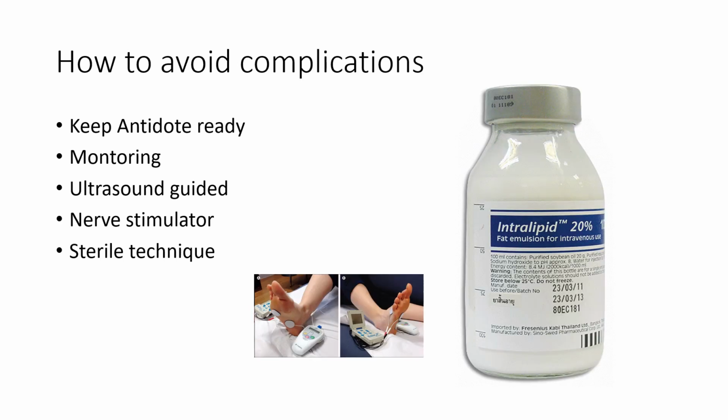The first step in avoiding local anesthetic toxicity is correct calculation of the dose of local anesthetic. If we are using lidocaine, it should be lidocaine 1% without adrenaline, 3 to 4 milligram per kg. If you are using bupivacaine, it's 0.25%, 2 milligram per kg without adrenaline. And then we should keep the antidote ready. The antidote for local toxicity is IV intralipid emulsion 20%, and the dose is 1.5 milligram per kg IV bolus